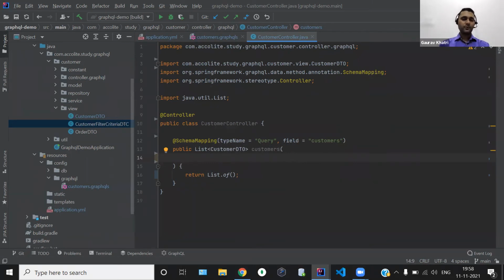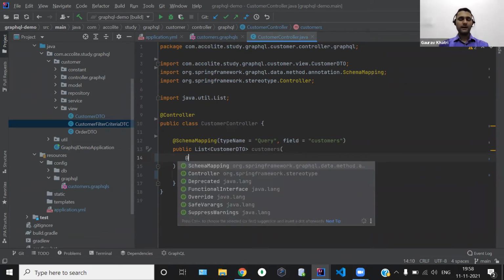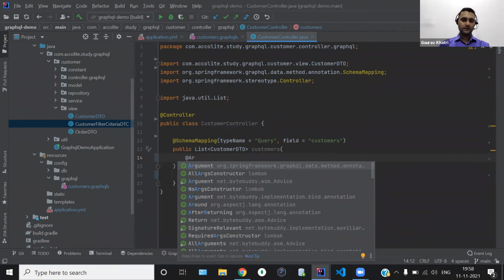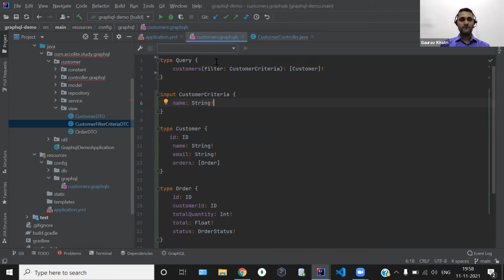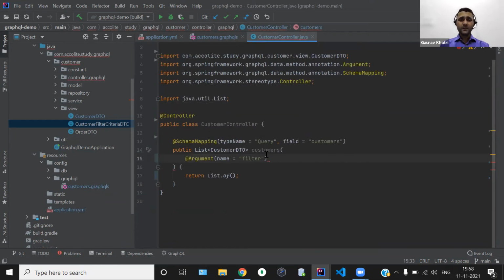Since this is the input argument, there is an annotation called argument. So we will use that annotation, and we will provide the name as filter, and this name should be similar to the name of the variable which we have in the GraphQL query.